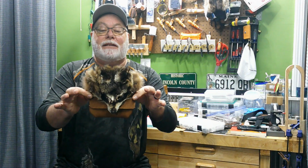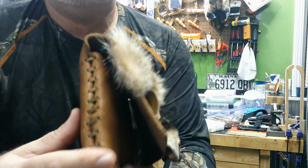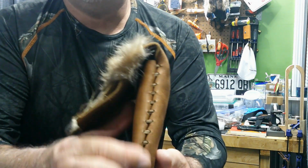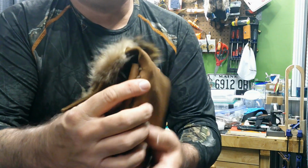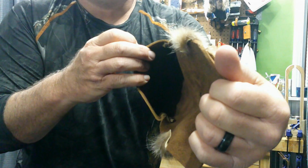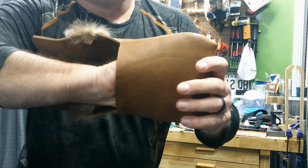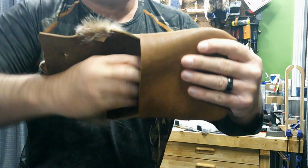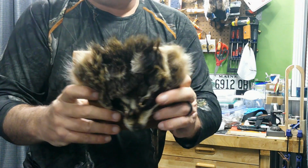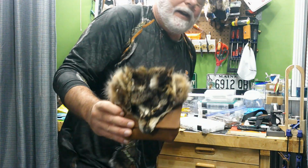So I appreciate you coming along. There's what the sides with the lacing look like. Almost like a baseball glove type of lacing. We've got plenty of space on the inside of the bag. You can see how big it is. My whole hand pretty much fits in there. So that would hold a lot of ammo, or if you wanted to use it as a side bag for carrying your wallet, or